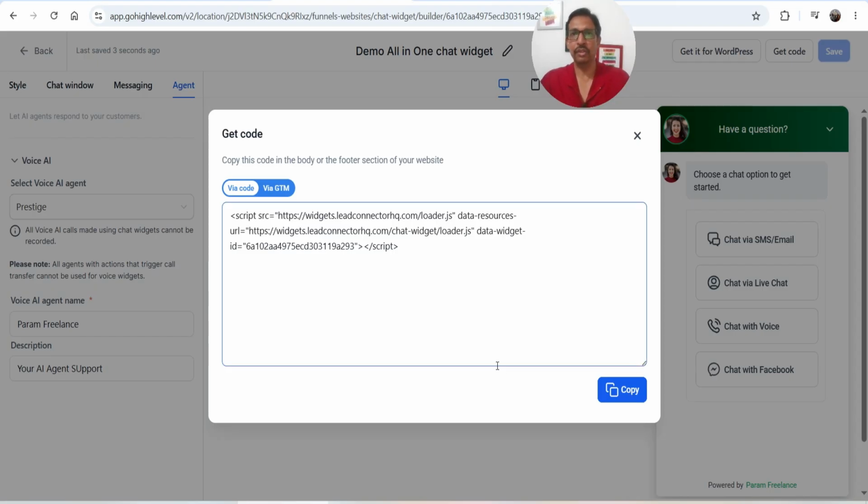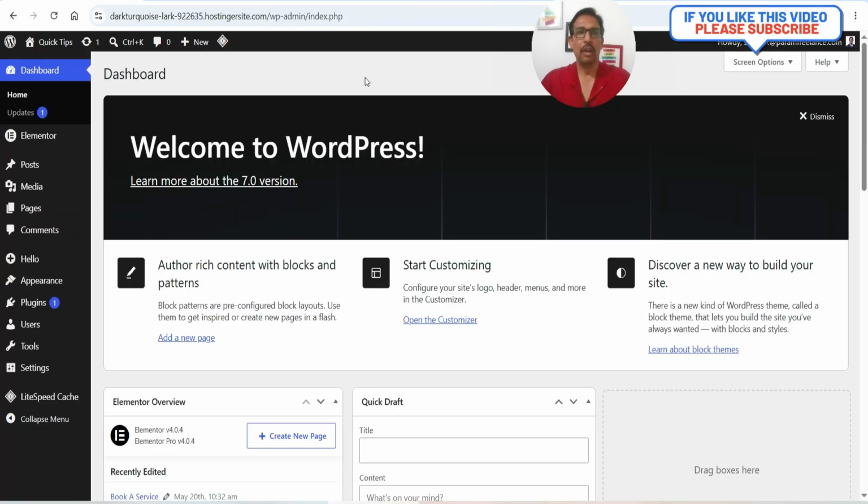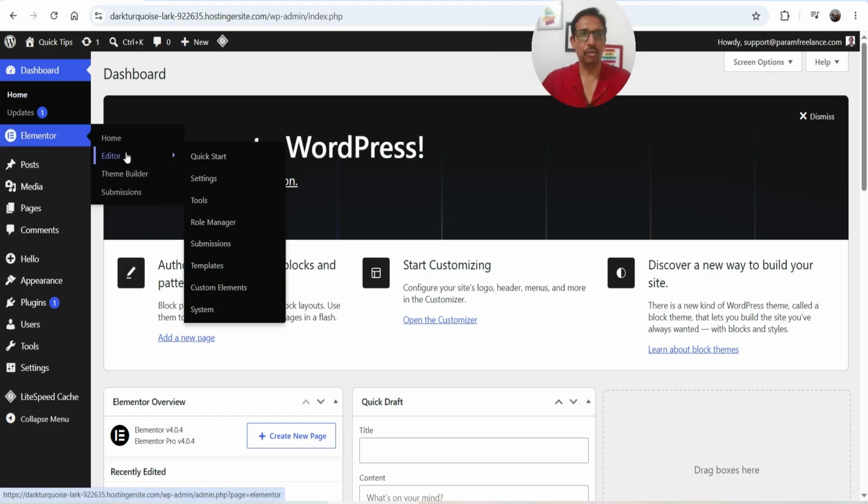Basically, you will need to enter this code in the head section of your website so that it will be displayed on all the pages. So let's go to the website. On this demo website, I'm using Elementor and I'm going to use Elementor custom code to add this chat widget code. So let's go to Elementor, go to settings